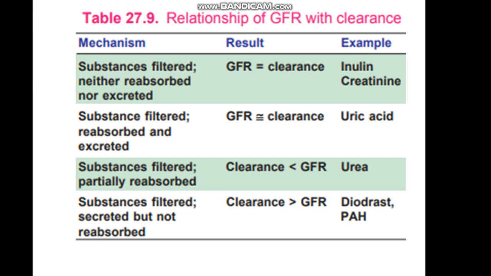I repeat, in other words, it is expressed as milliliter of plasma per minute. Clearance estimates the amount of plasma that must have passed through the glomeruli per minute with complete removal of that substance actually appearing in the urine. The formula of the clearance test is: clearance is equal to milligram of substance excreted in urine per minute, over milligram of substance